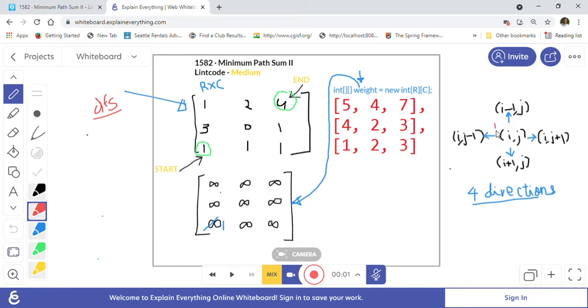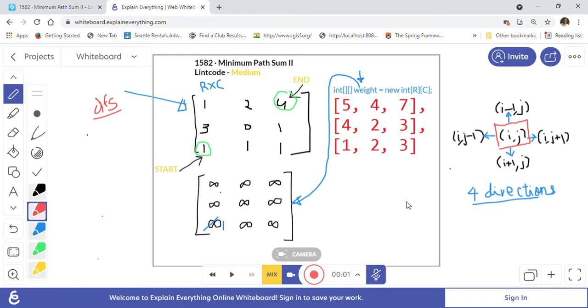If we are at the cell i comma j, then we have to visit i minus 1, j, which is the up position. Then the right position is i, j plus 1, the down position is i plus 1, j, and the left position is i, j minus 1. We have to visit all these 4 cells, and we will try to find the minimum distance that we have seen and update the distance with it.